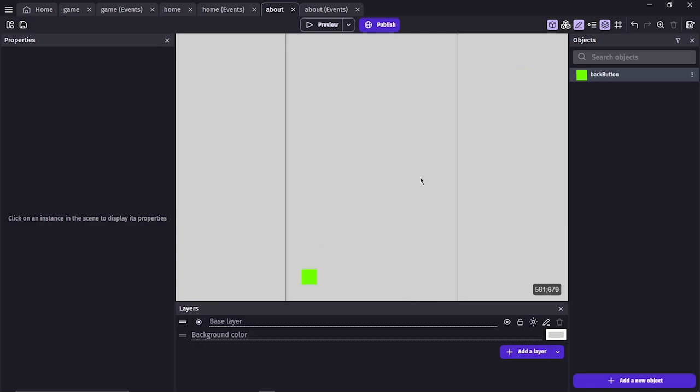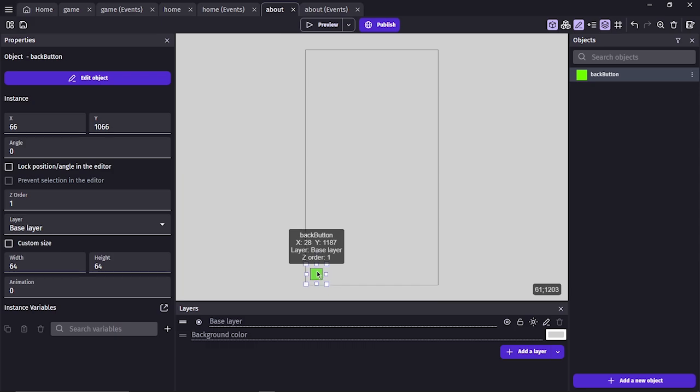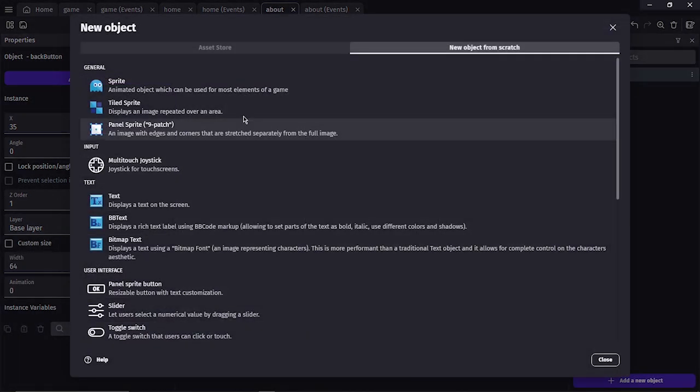I don't know why, okay, it's not zooming out. I drag it right here. This is where our back button will be. Now create a new object. This will be a test object,